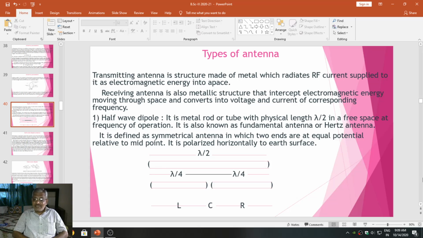And we concluded that all these parameters represent the performance of the antenna. Today we are going to study the types of antenna. Dear students,